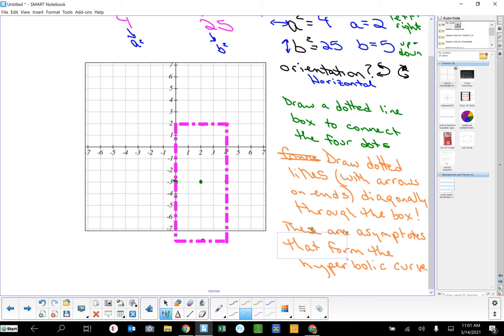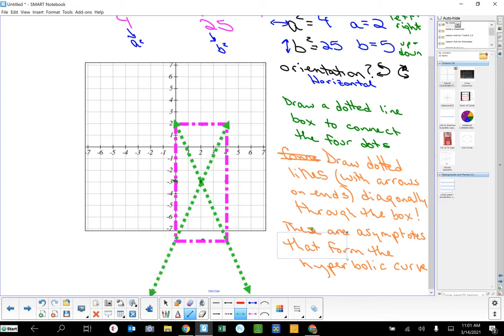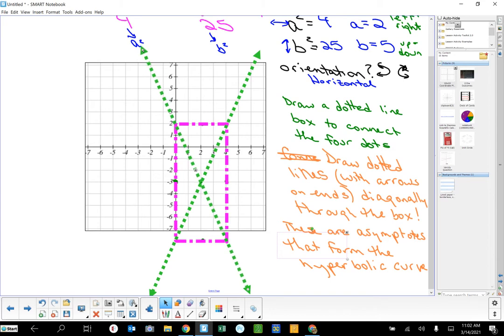Okay, so I'm going to do this in a different color. We'll get this guy. So I'm going to extend these out. When you do this, you should go a ways past the actual box itself. But I have to click on it and do that. So you're going to connect the corners through the center, and then extend these out. So you want to go quite a ways so you can create the curve. And make sure you go corner, center, corner. Okay. And then once you do that,